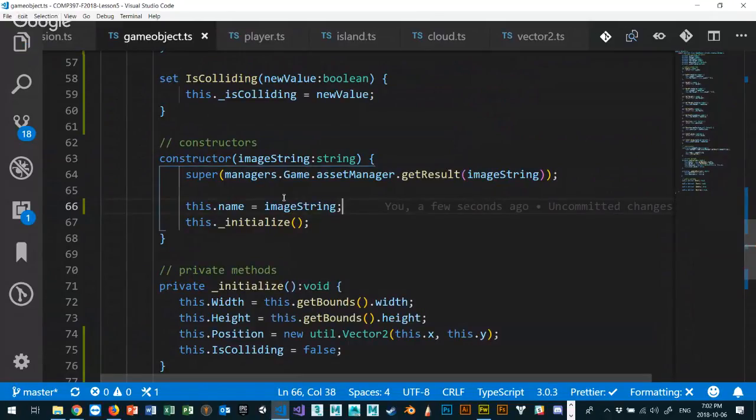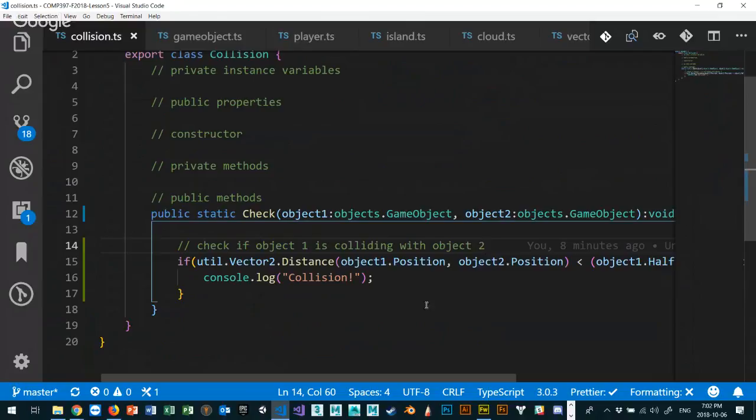And that will do it for all objects that inherit. This is a great thing because I'm keeping track of the name of my image. Typically, the way I name my images, they're all the same names. So my image is called plane, my image is called island, my image is called cloud. Nice and easy, okay? So those two things I need, and now I can go back to my collision class,